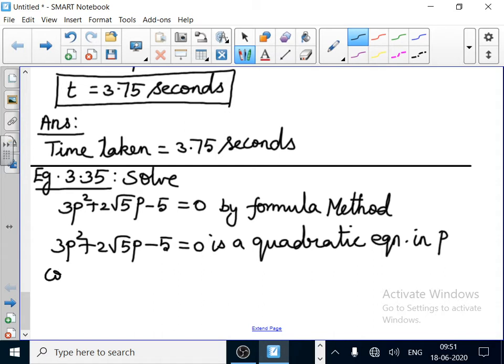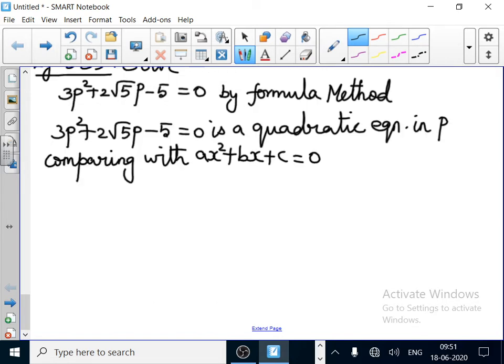So comparing with ax square plus bx plus c equal to 0, we get